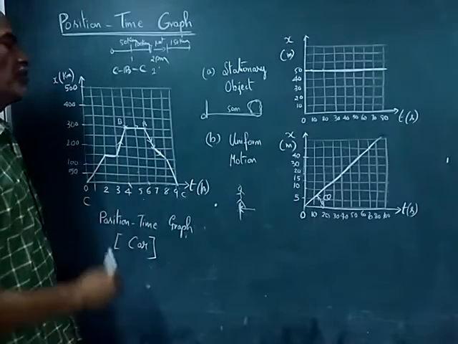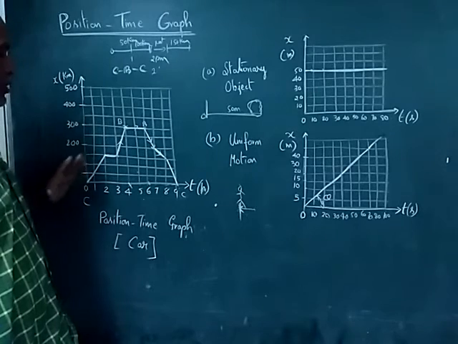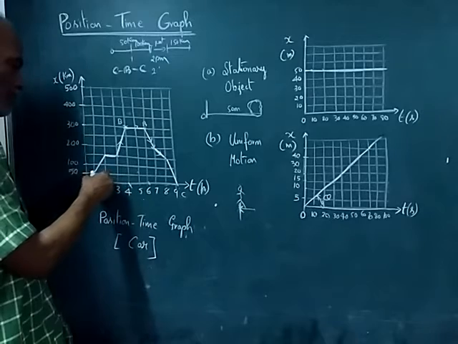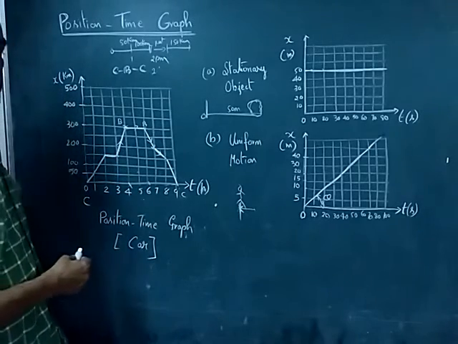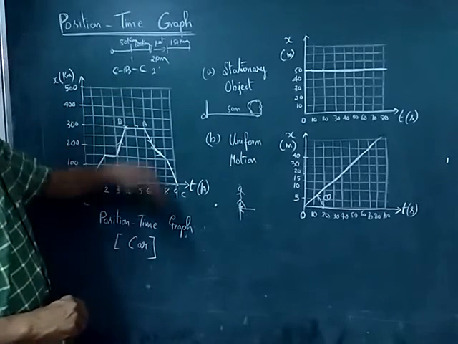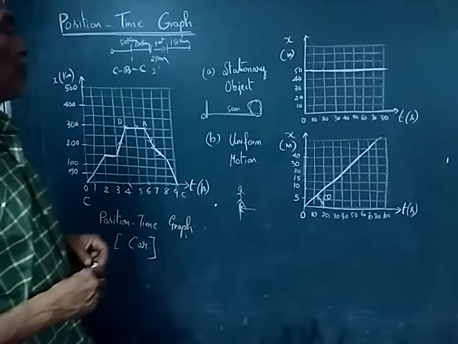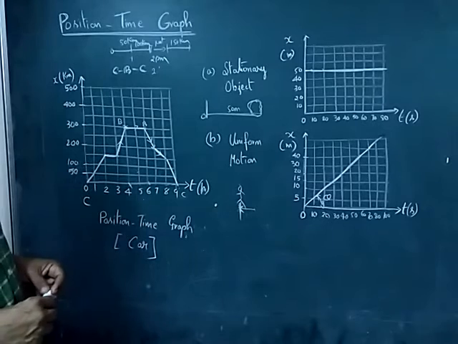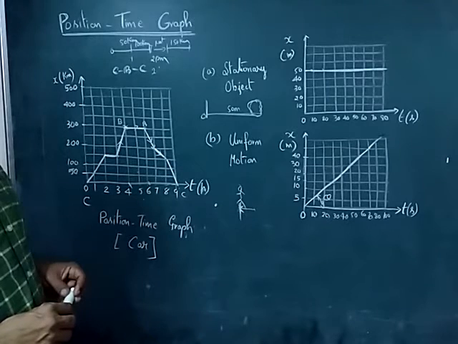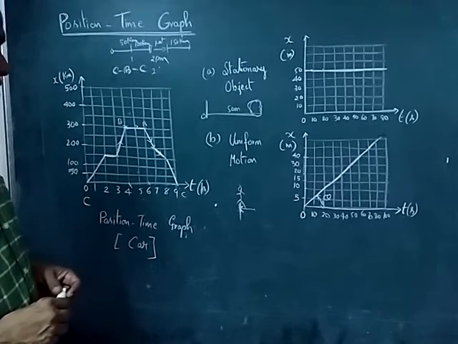Okay. Now what you infer from this graph: you can see a uniform motion in some part, then the speed or velocity is changing, then the object is stationary, then the direction is reversed. Initially it is forward, then the direction is reversed. All these things we observe from this graph. So this is a somewhat non-linear graph, and we call it a position time graph.